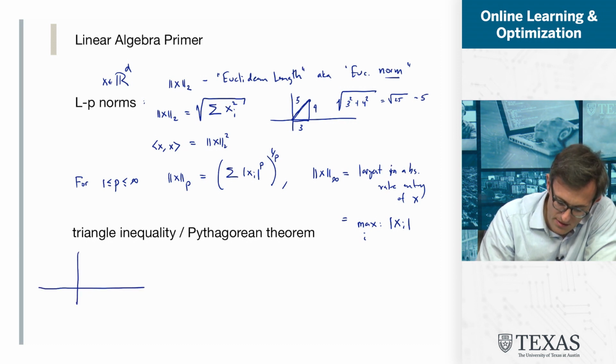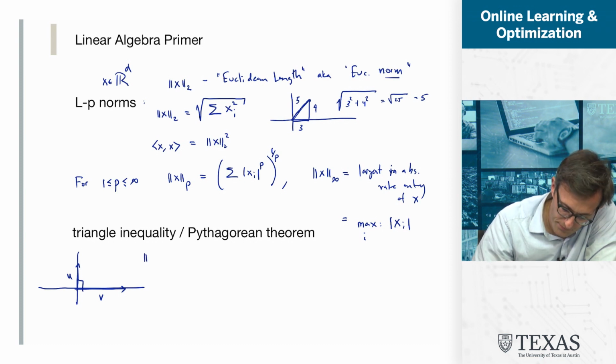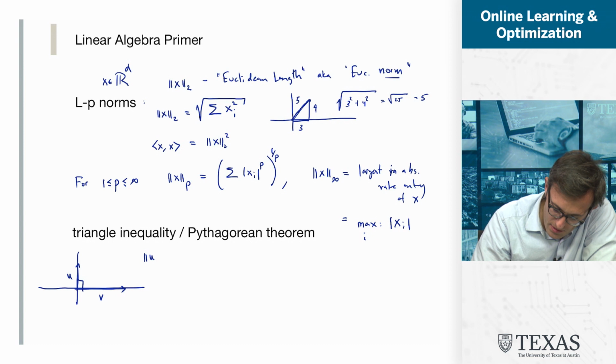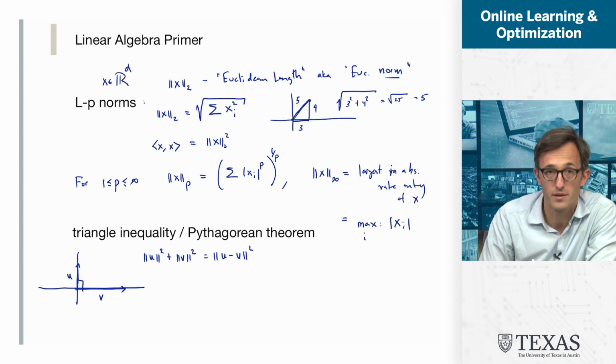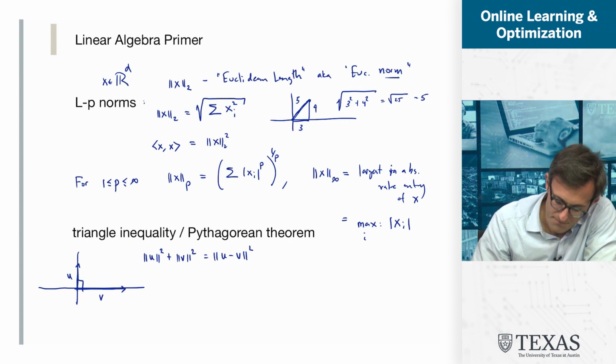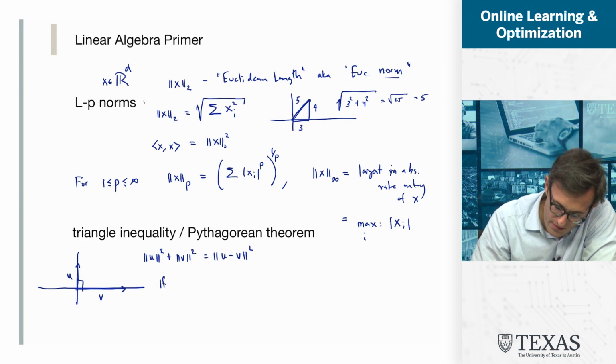It tells me that if I have two vectors that make a right angle, u and v make a right angle, then I know that the norm of u squared plus the norm of v squared is equal to the norm of u minus v squared. If the angle between u and v is greater than or equal to 90 degrees,